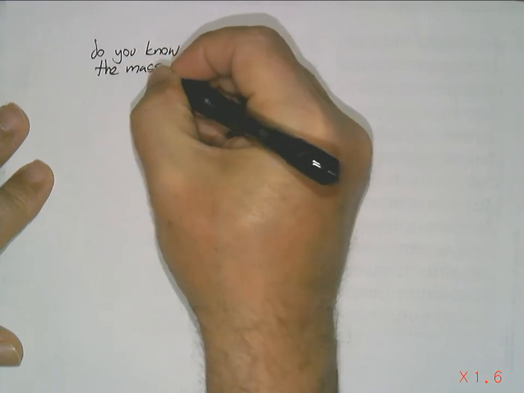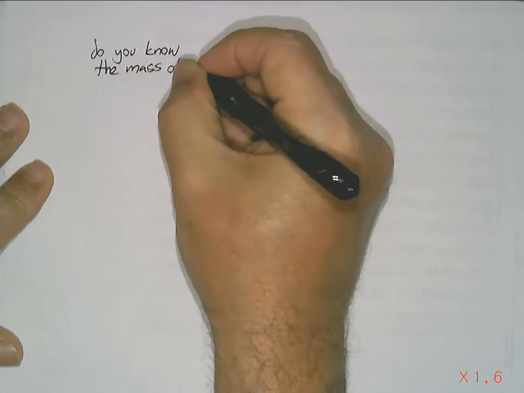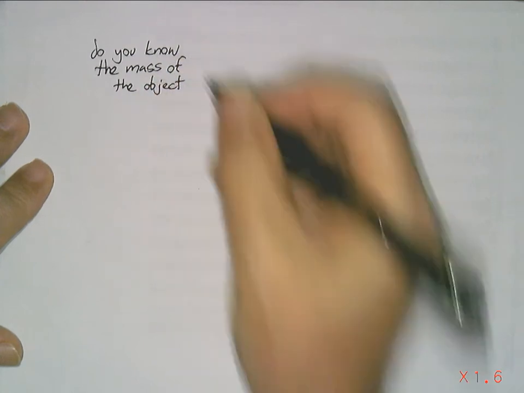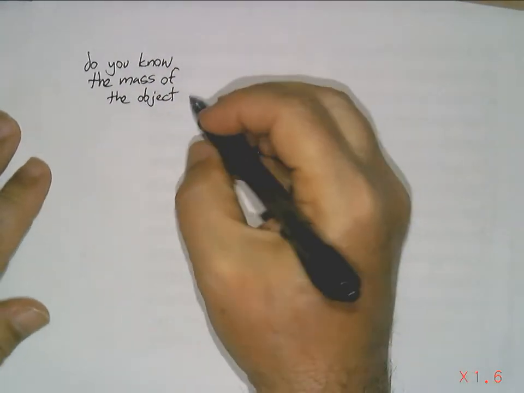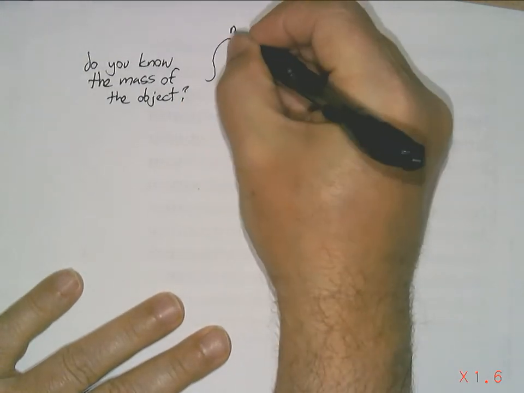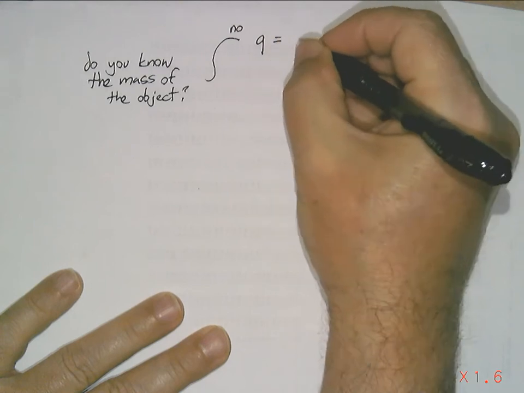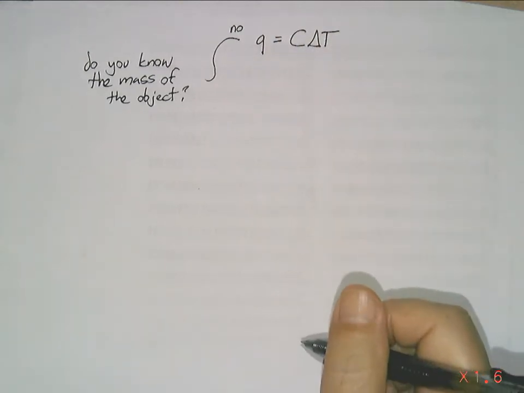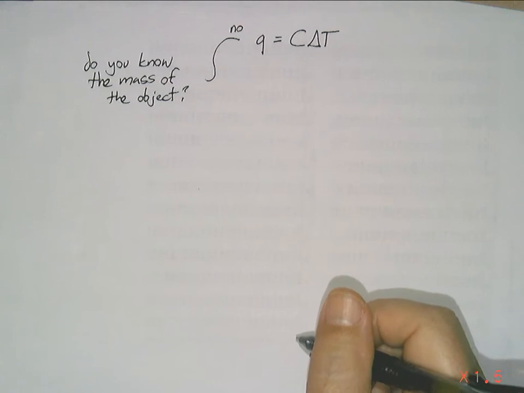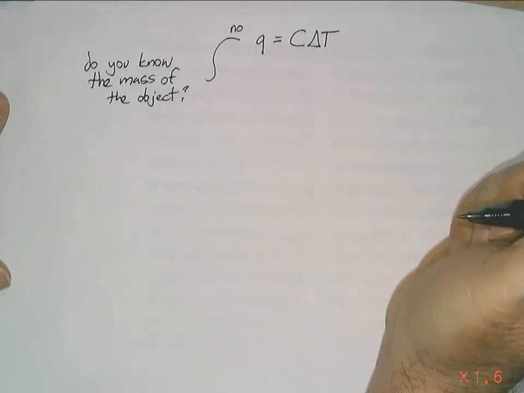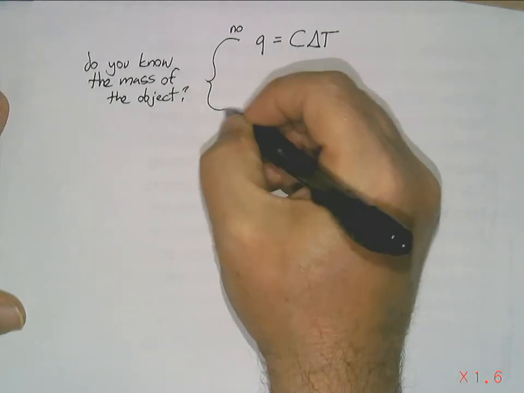If you know the mass of the object, and the object is made out of one material, there's something else you can do to solve this problem. If you don't know the mass, like we didn't know the mass of the coffee in that last problem, you'll have to use this. But if you do,